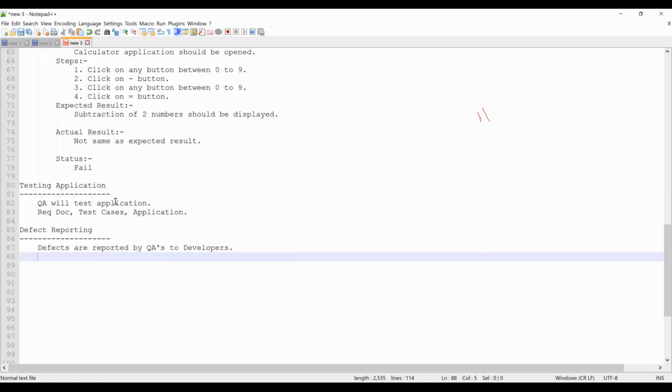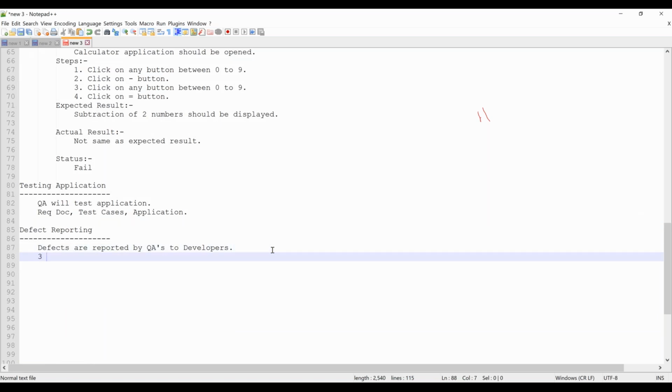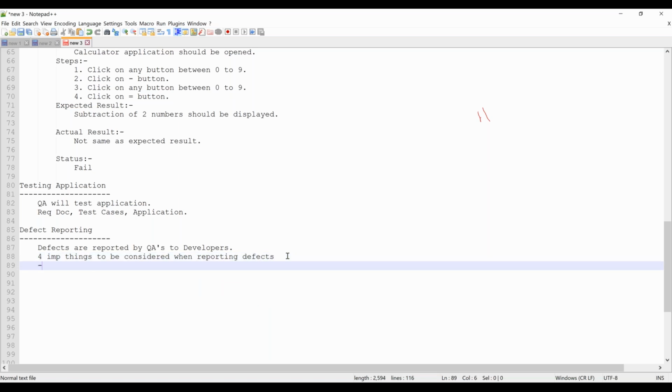So there are key things that you need to remember when you are logging a defect. Three important, not three in fact, I'll say four important things to be considered when reporting defects. So those four important things are as follows.